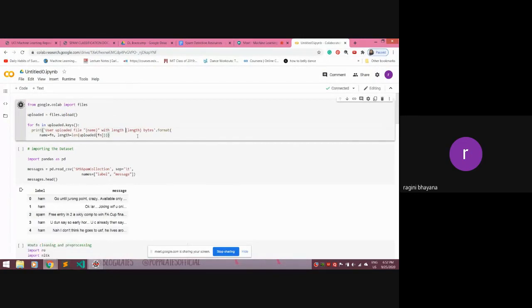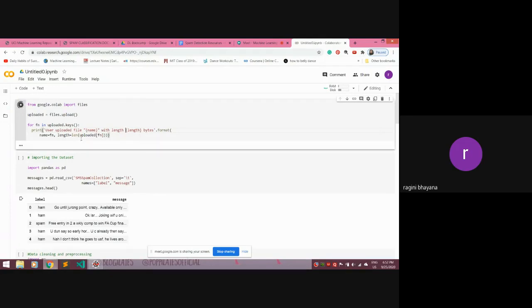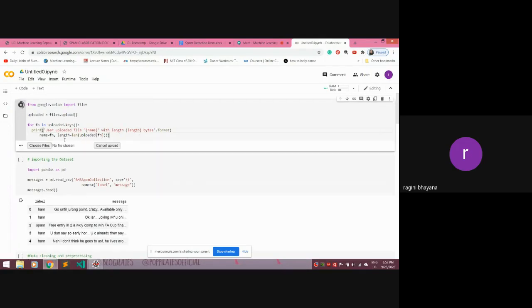I have already uploaded my dataset in Google Colab, so I will not show that to you right now, but if you want to, you can just download it and put this code over there. I will provide the link of this code as well as the Spyder code in our DSE GitHub repository. The link for it will be provided.